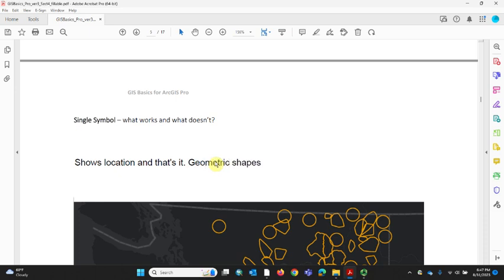Geometric shapes like stars, circles, squares, triangles work well when you have many points. Icons are all right, and icons again are symbols that take the form of whatever it is you're trying to represent. So a dot for a school actually looks like a little schoolhouse, but they catch the